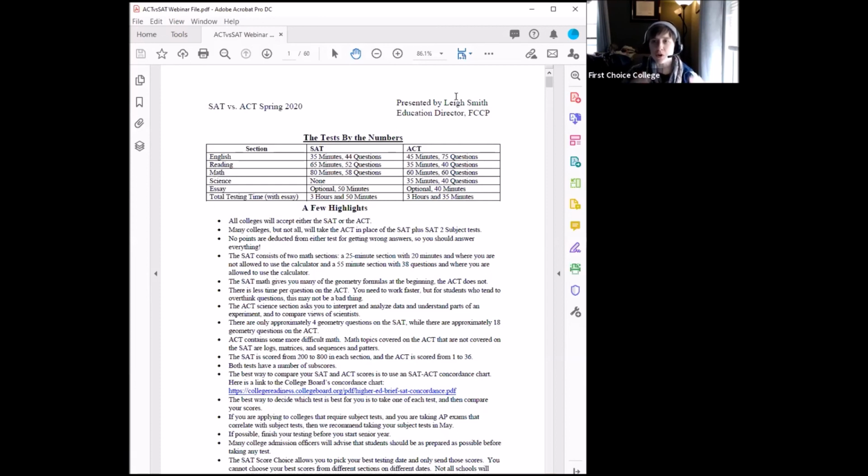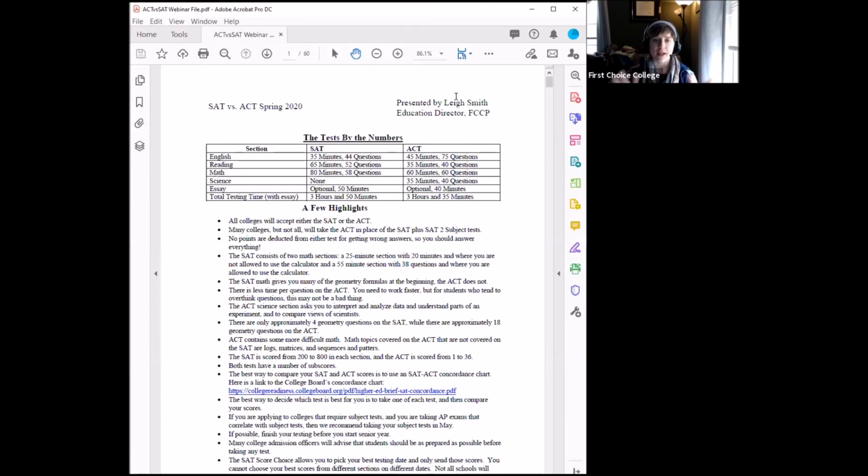So what you don't need to consider when deciding whether you should take the SAT or the ACT is what schools you're applying to, because they all take both tests. As a general rule of thumb, I don't typically suggest that students try to take both tests, because that's twice as much studying, twice as much time and effort, as well as having to pay for twice as many tests, right? These tests aren't free. So there are a lot of potential problems with taking both, where it might be better for students to figure out which test is better for them, which one they do better on, and then just focus their studying on that specific test.